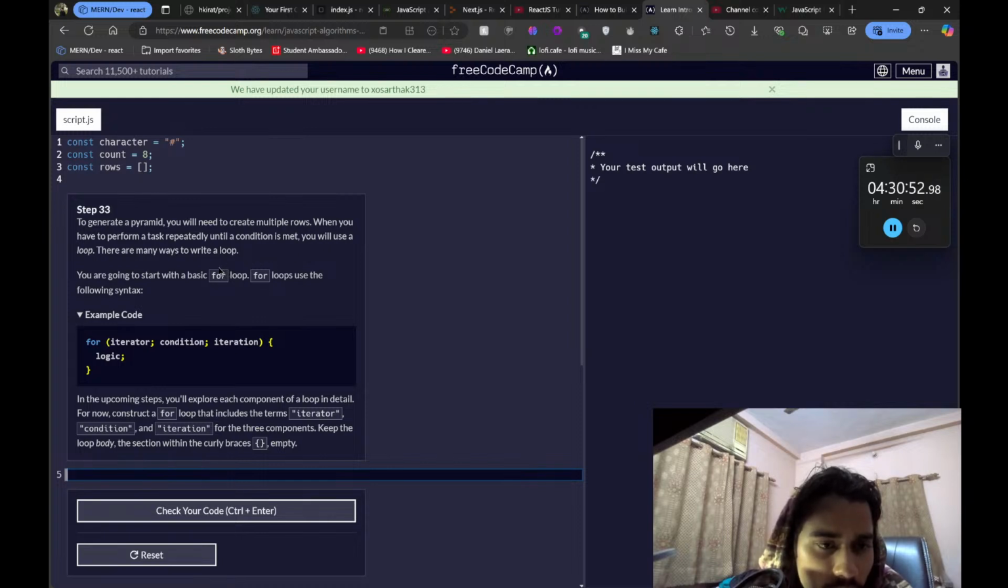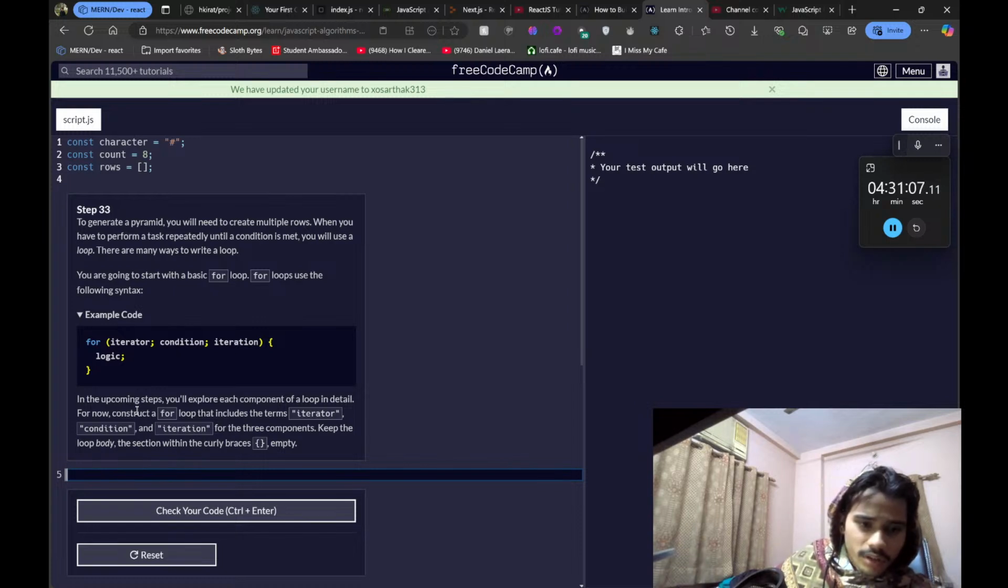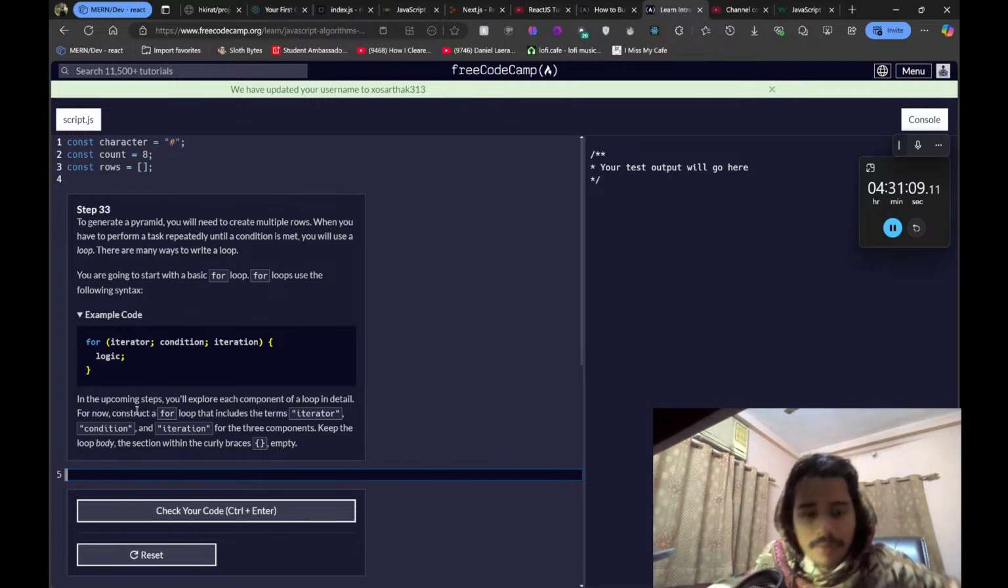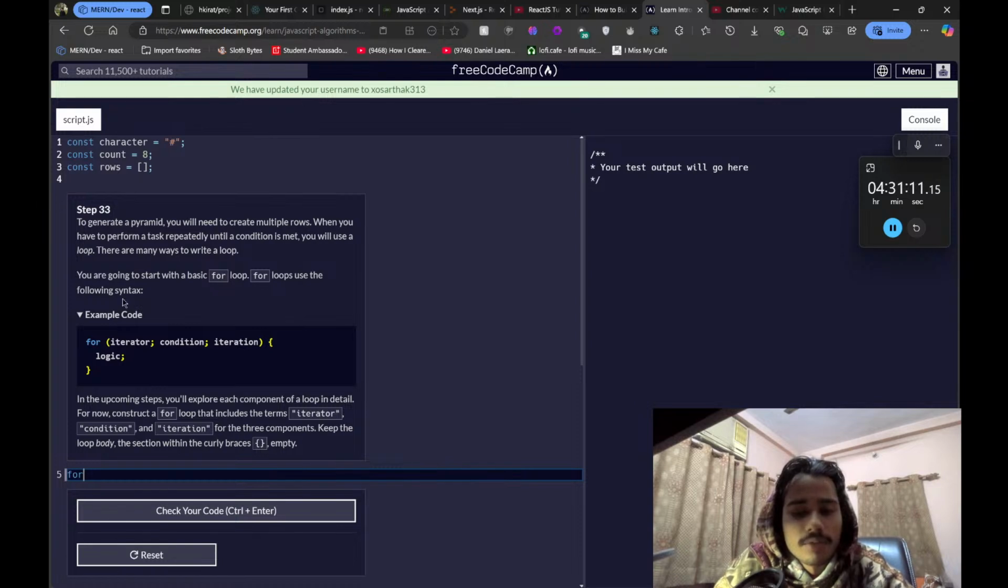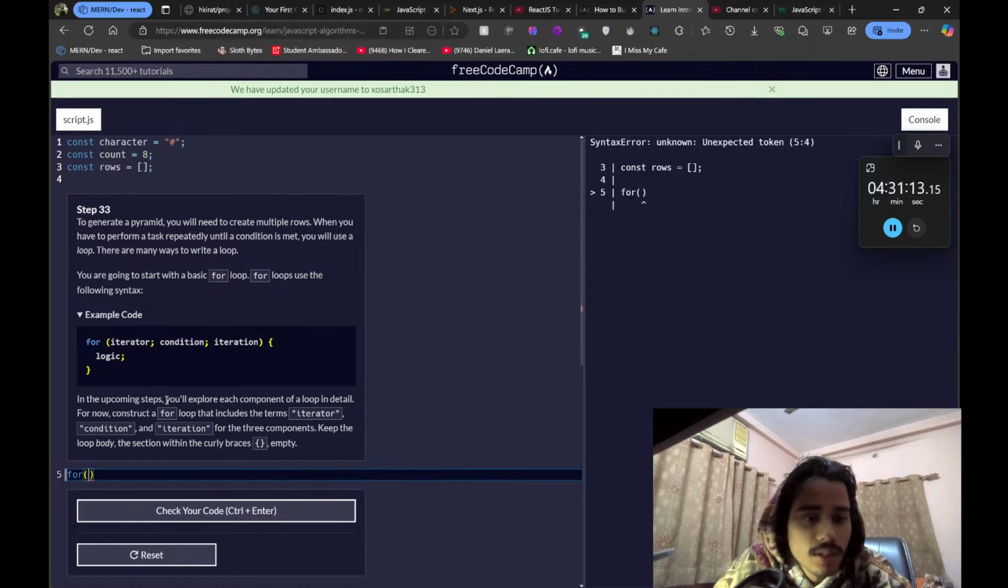There are many ways to write a loop. You're going to write a basic for loop. For loop uses the following syntax: iterator, condition, iteration, logic. Obviously, what do they want me to do? For now, consider a for loop that includes an iterator. I know for loops, Java DSA. I'm doing that, so